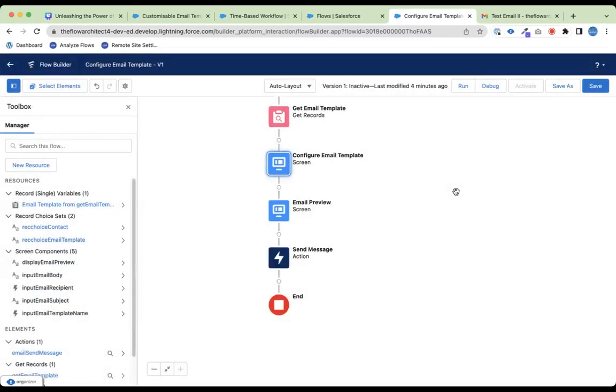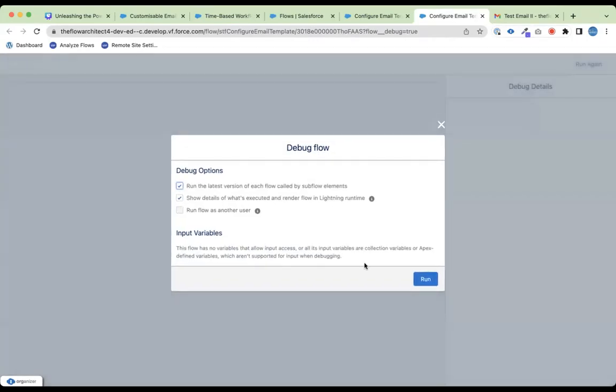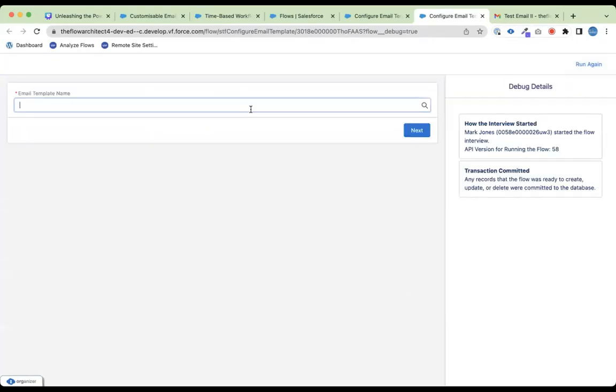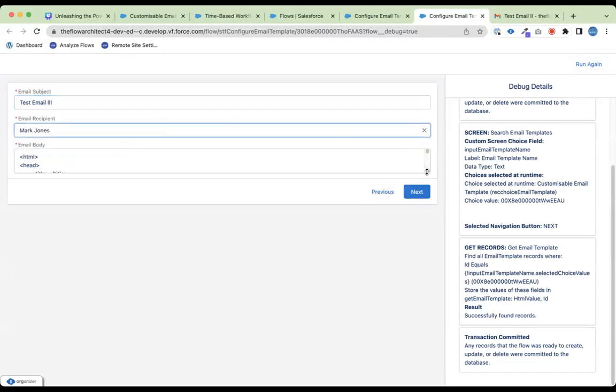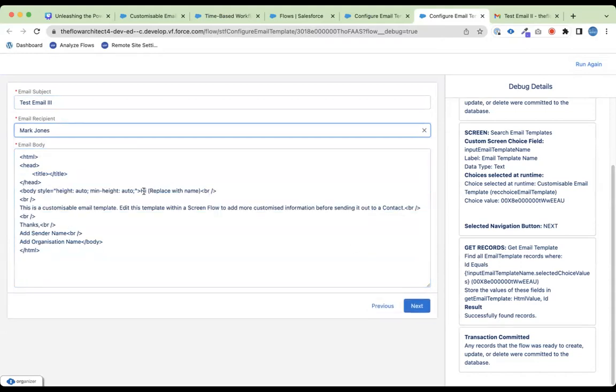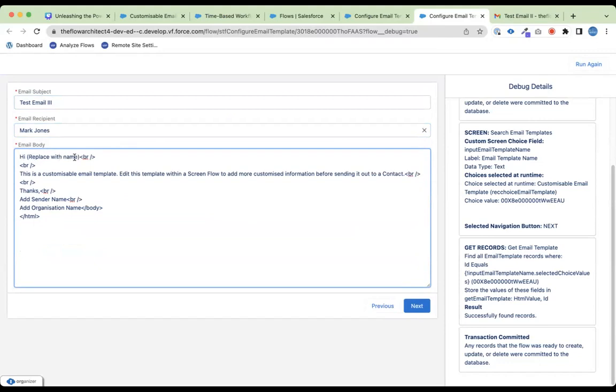So if I was to show you one final example of doing this, and if I took out all the HTML formatting, you'll be able to see how this would work. If I take out all of the HTML formatting, what you'll see is that I have some minimal information here. If I now just pop that in there,